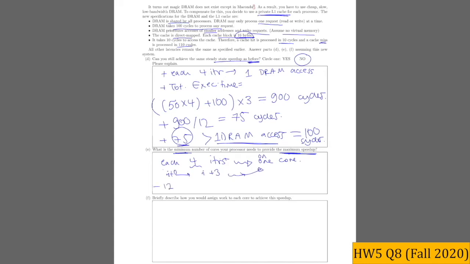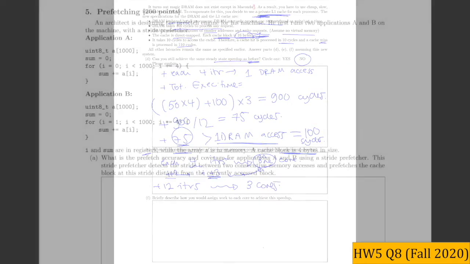Therefore, among these 12 iterations that we had, with 4 iterations being divided to each core, overall, we need 3 cores. Okay, so part F, briefly describe how you would assign work to each core to achieve this speedup. So that will